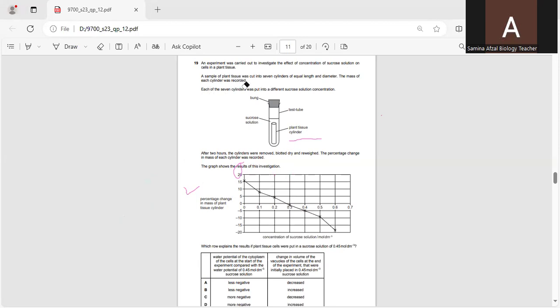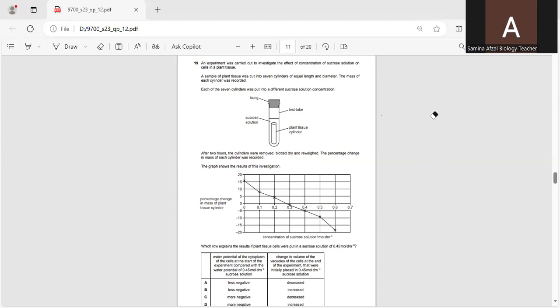A sample of plant tissue was cut into 7 cylinders of equal length and diameter. The mass of each cylinder was recorded. Each of the 7 cylinders was put into a different sucrose solution concentration. After 2 hours, the cylinders were removed, blotted dry and reweighed. The percentage change in mass of each cylinder was recorded,